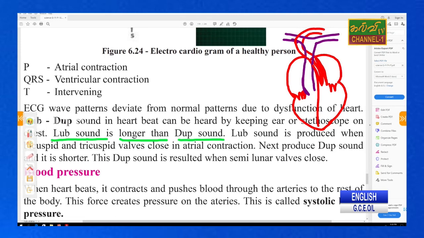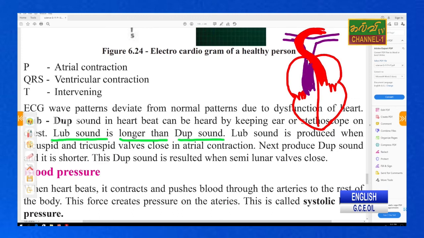These are the main blood supply. This artery is the important one to supply the oxygenated blood, and the pulmonary artery is also important to supply the deoxygenated blood to the lungs,